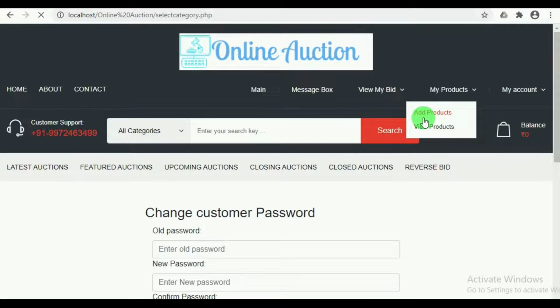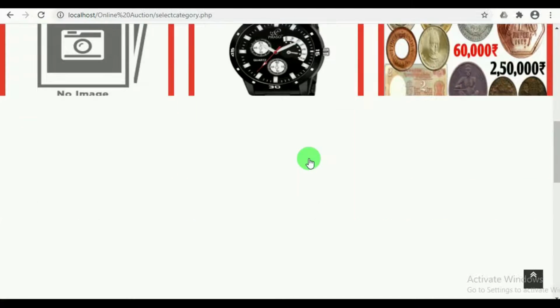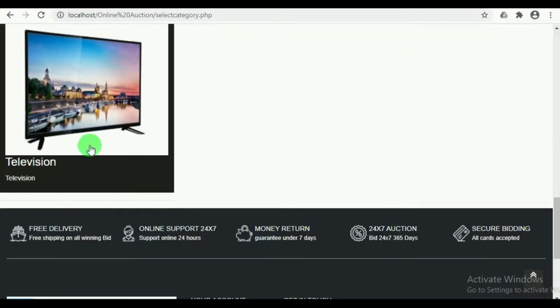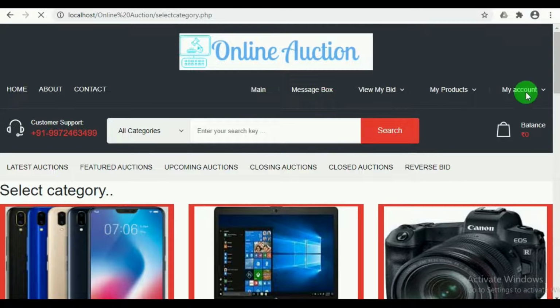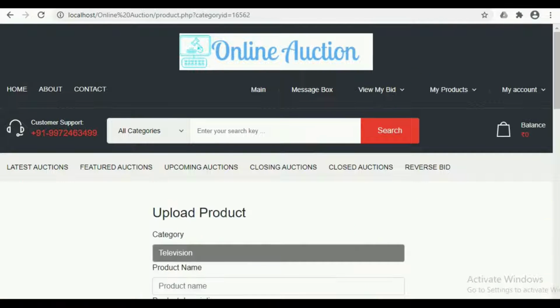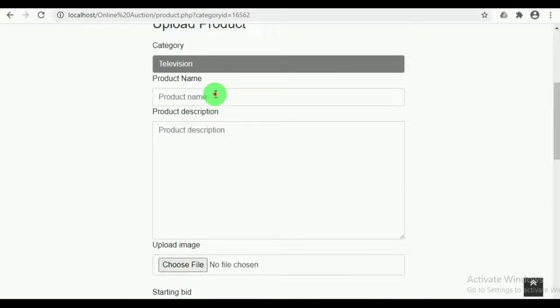The customers can add the products for the auction by selecting the category in which they want to add the products. Once the category is selected, they must enter the product name and the description about the product. The description can be all the features of the products they are going to put for the auction.